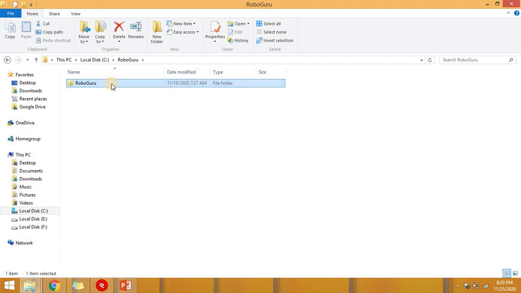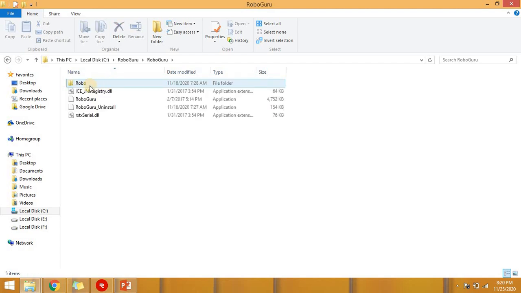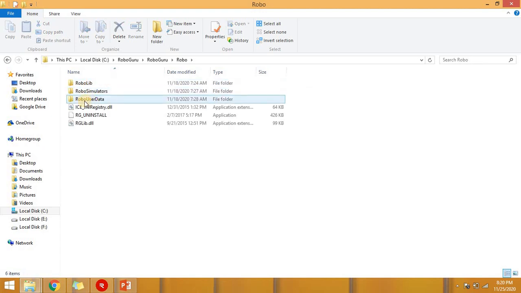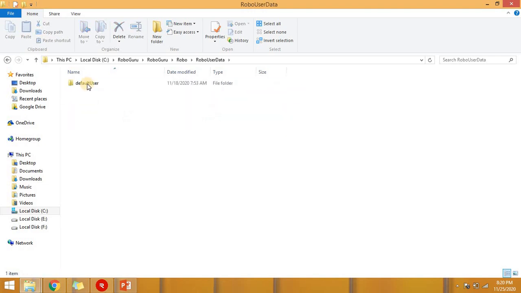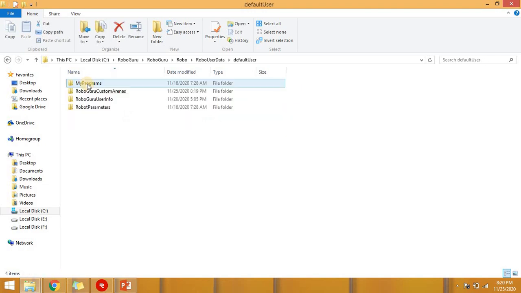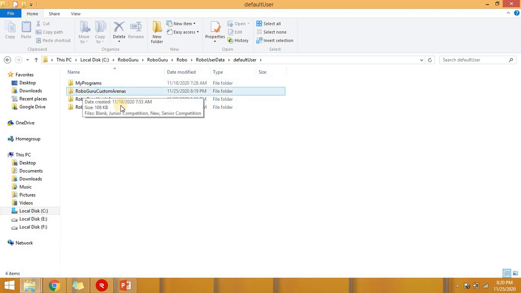You should open this RoboGuru folder. Then you will find this Robo folder. Open this Robo folder. Inside this you will see Robo user data. Open this Robo user data folder. Then click on this default user data. Here you will see a folder called RoboGuru Custom Arenas. You will not be able to see this folder if you have not saved any custom arena. That's why in the starting I told you to save a blank arena so that this folder can appear here. Okay. So if you open this folder,